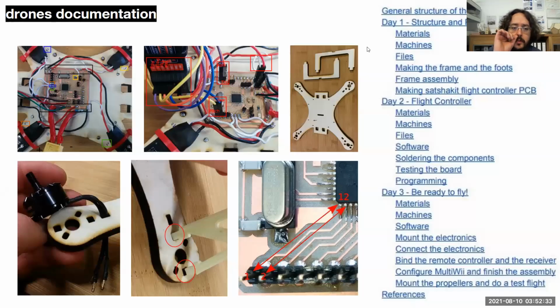The documentation of the drone was a little bit different from the electronics, because to document electronics you just need pinouts. You almost don't need much of a physical assembly, just the position of the components. In this case, I had to deal with physical assembly. And not only that, because this was targeted to a workshop, I had to deal